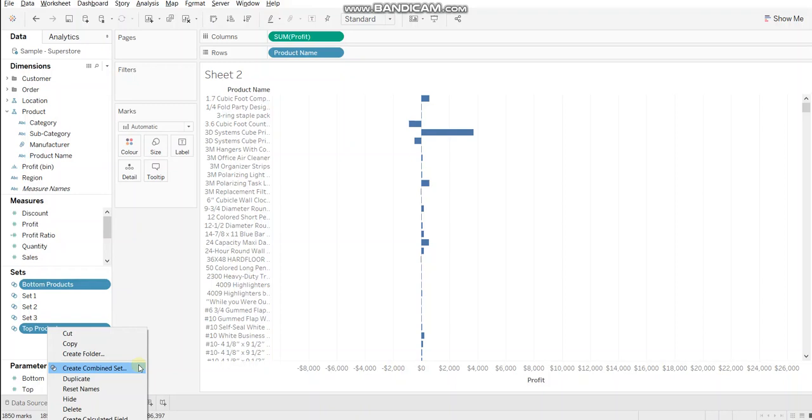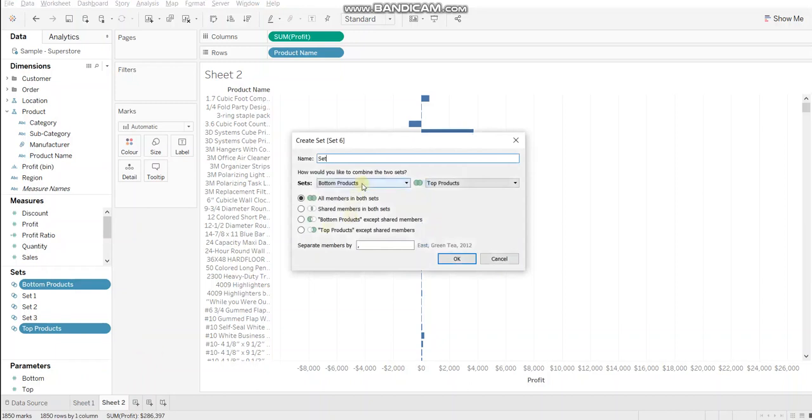So take a note of this. Click on create combined set. Let's name it top and bottom. Alright, so it allows me to choose one option from the 4 available here. The first option is all members in both the sets, so it merges all the members of both the sets.